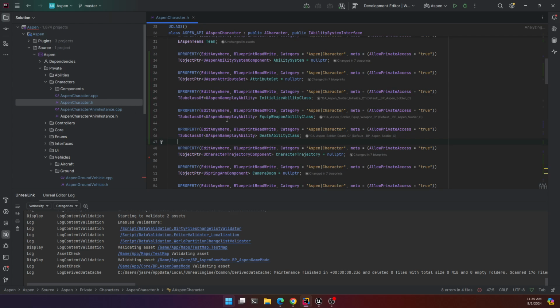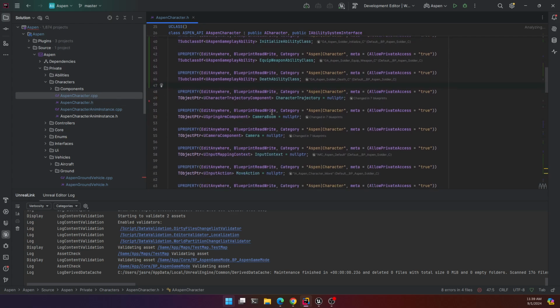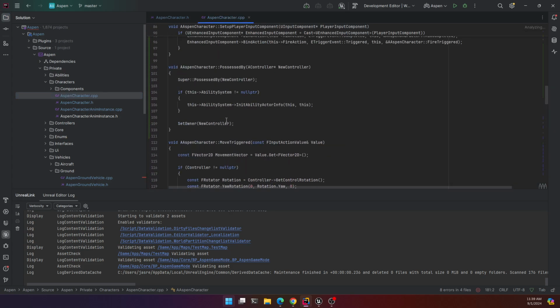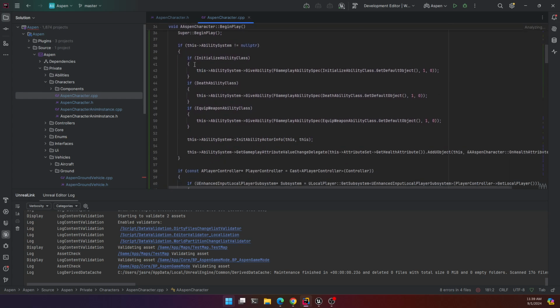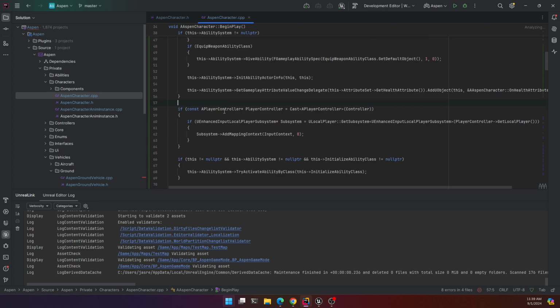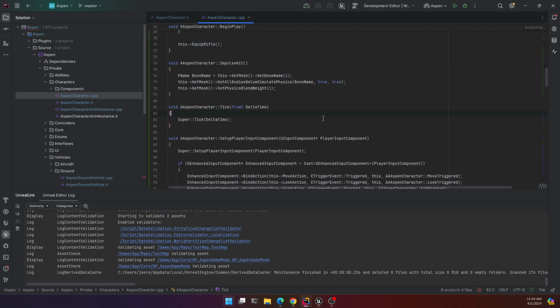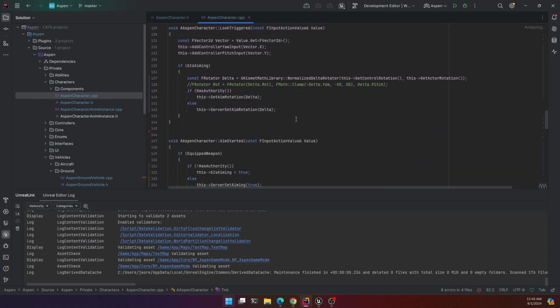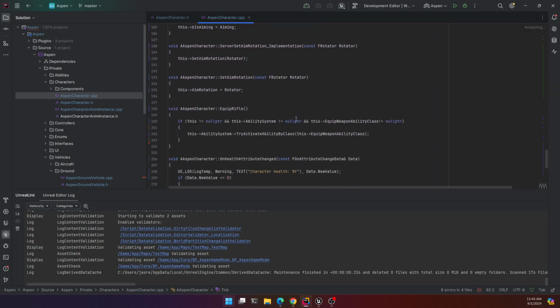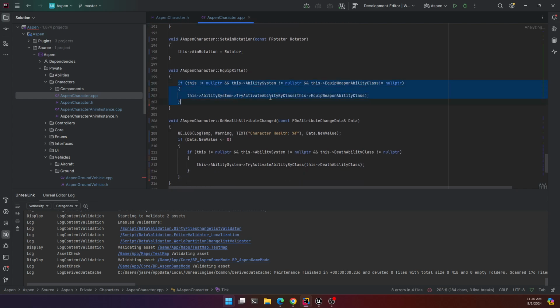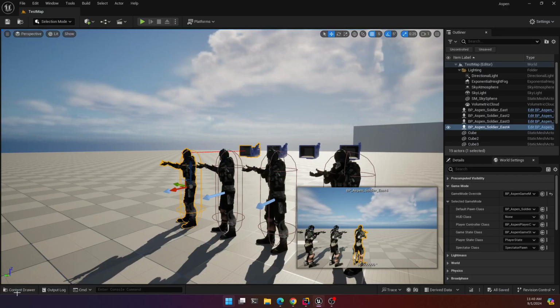And what I do in the equip weapon is very simple. First I initialize them in my constructor, and then I have this equip rifle function, and I call it immediately so that the rifle's equipped as soon as you start up. I don't have a button to click to equip the rifle anymore. I just wanted to make it a little simpler to get everything working. And when you call the equip rifle function, you can see all it does is activate the ability that's in that class. So if I look at my character,